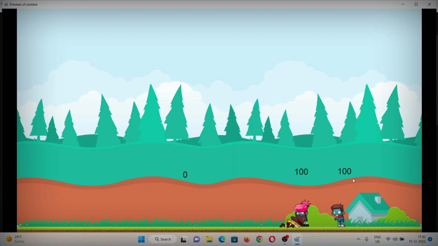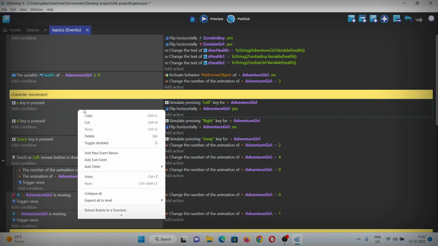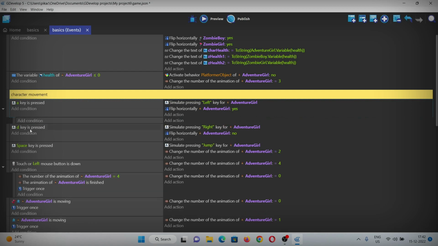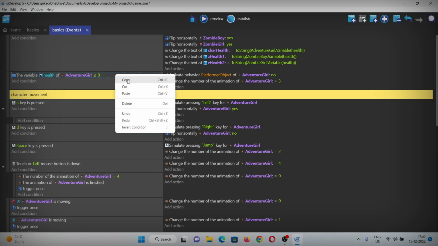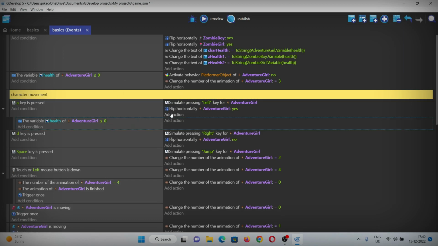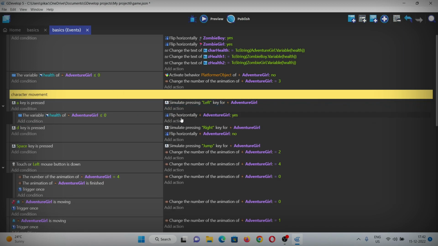So yes, when the health of the character is equal to 0, she can't really move and the death animation plays, but she still can flip. So for fixing this issue, just add a sub event in this condition and copy and paste this condition, and in the action move this flip horizontal action